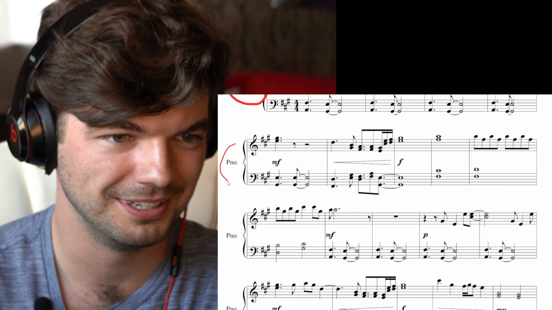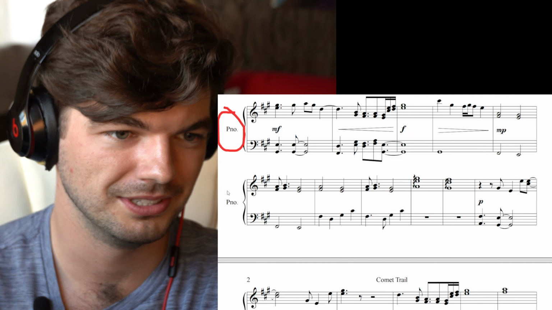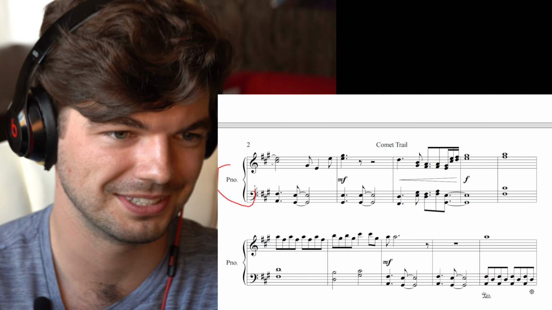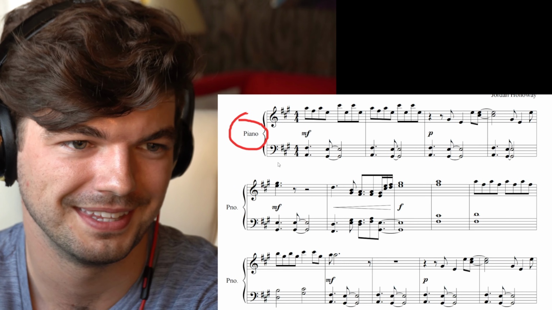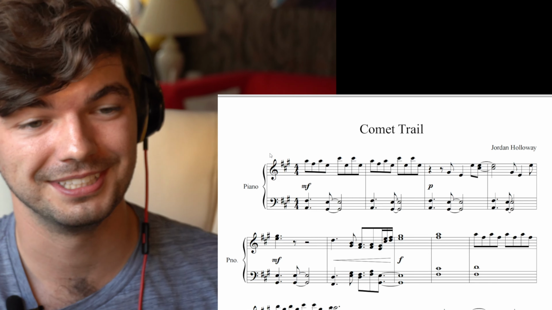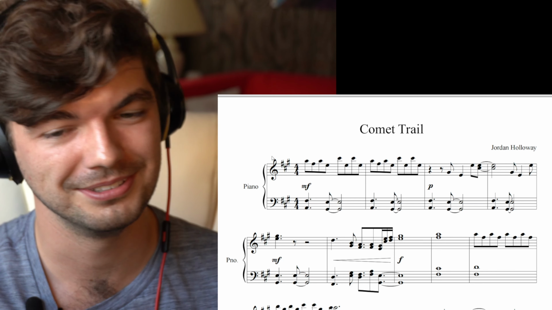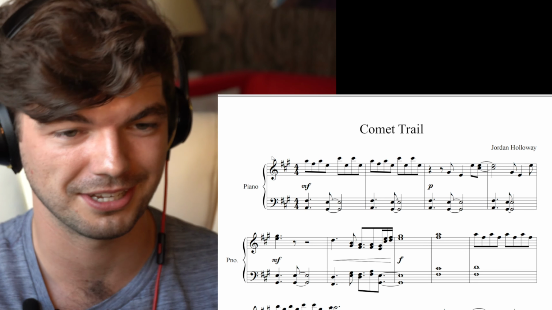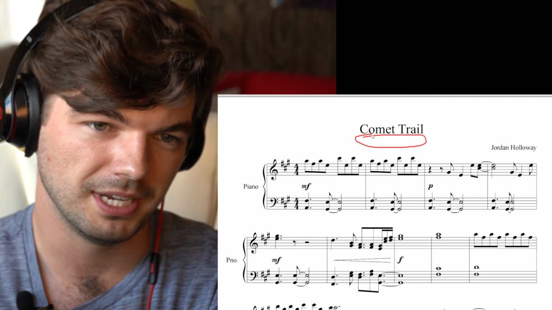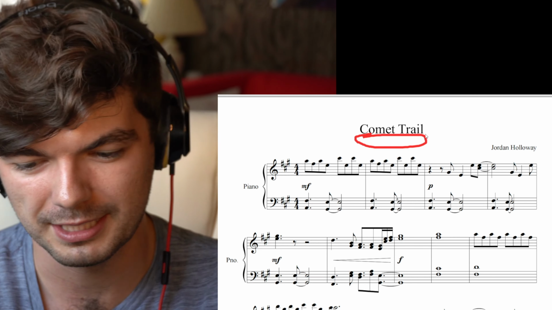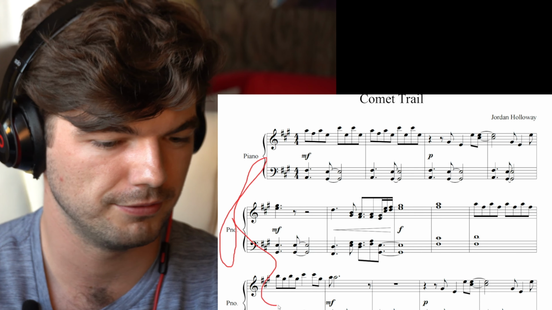So the instrument is listed in every single thing here. Every single system has the instrument listed, which, especially for piano music, you just don't need to do that. No one's gonna look at this and think, oh, too bad I don't play harp, because this looks like a harp piece. I think you can make an argument for putting it as a subtitle, like Comet Trail for piano. I think that's probably what I'd do now, and then just leave all of this stuff